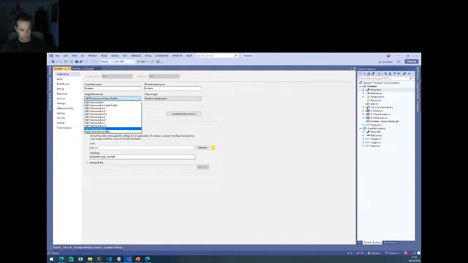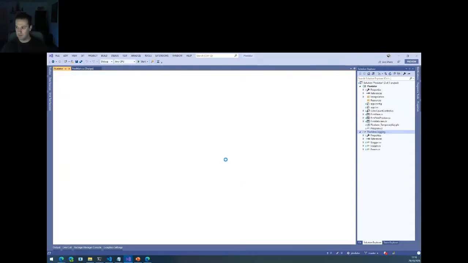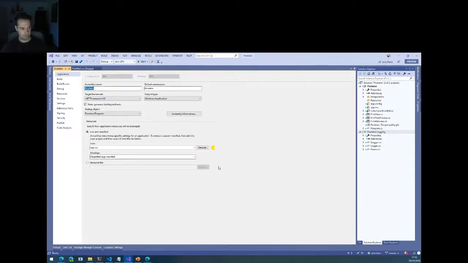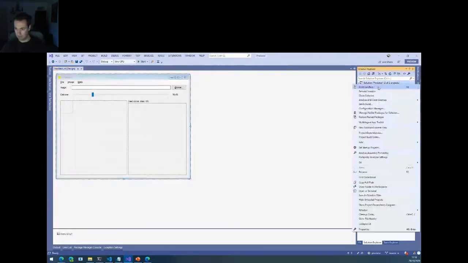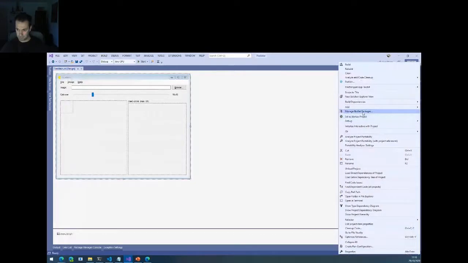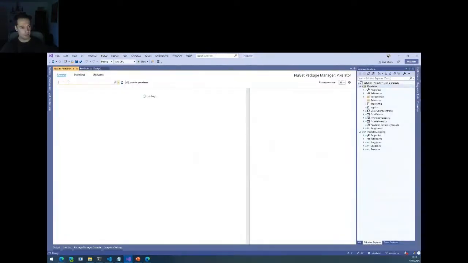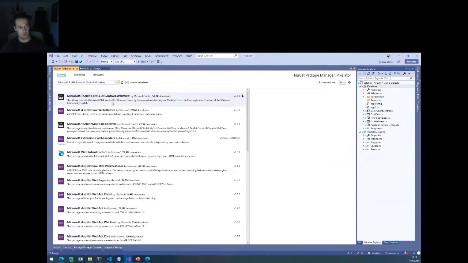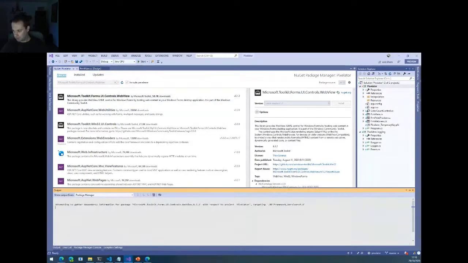For starters, let's switch to .NET 4.8. Yes, I'm sure. So our application still compiles, so that's good. Our upgrade to 4.8 worked. Now, to do something about that ancient WebView control, I'm going to go to NuGet, and I'm going to add a WebView control from the Microsoft Toolkit. And while this is installing,